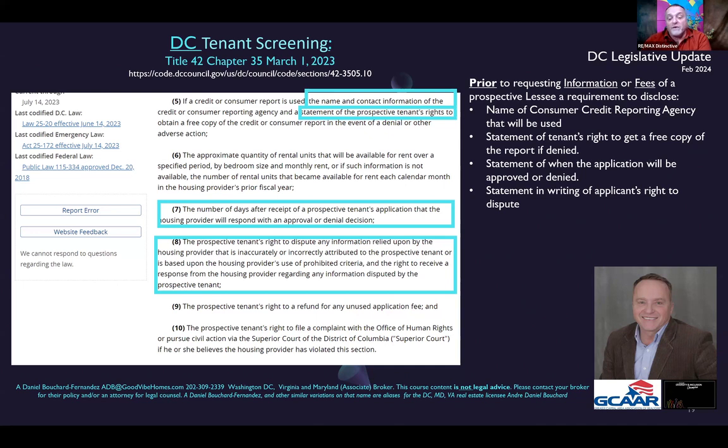Just be aware that there is the possibility that a dispute could be held by the Office of the Tenant Advocate, and that dispute could be adjudicated by that office, and then later you would receive some kind of disposition